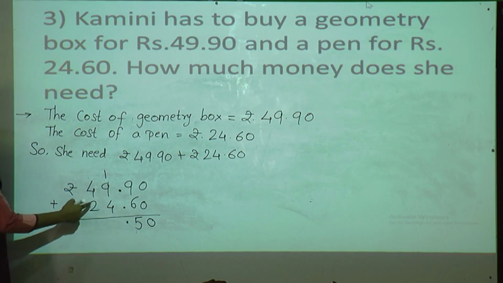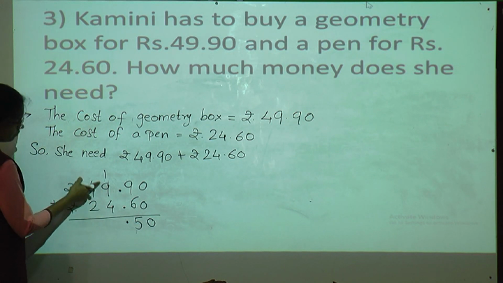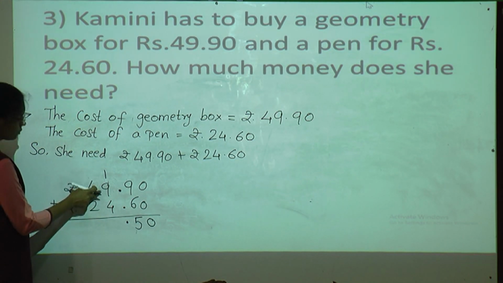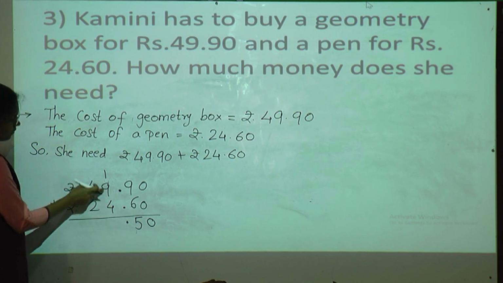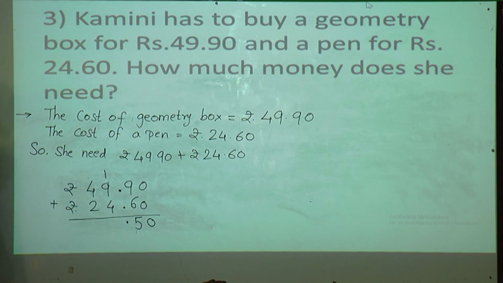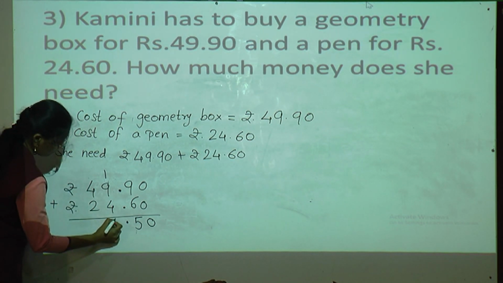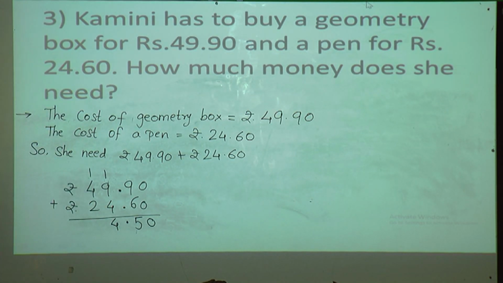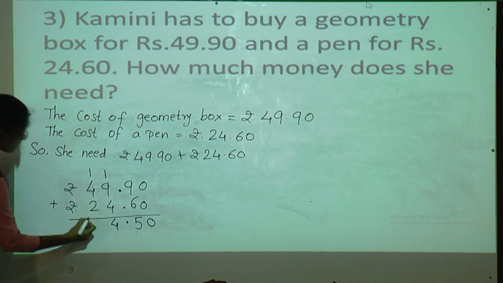Next, here in the ones place column, in the rupees, 1 plus 9 plus 4, here you can see 3 digits. Okay, so first of all you have to add these two figures. 1 plus 9, 10. Then in that again you have to add 4. 10 plus 4, 14. So we'll write here 4 and 1 as a carry to the next place. Then see the next column, 1 plus 4, 5. 5 plus 2, 7. So here we'll write 7.